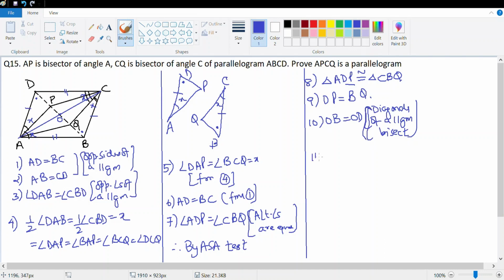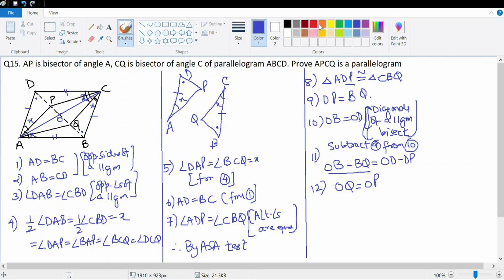Let's subtract 9 from 10, and what I get is OB minus BQ is equal to OD minus DP. OB minus BQ is nothing but OQ, and OD minus DP is nothing but OP, which, if I look at now this quadrilateral APCQ,